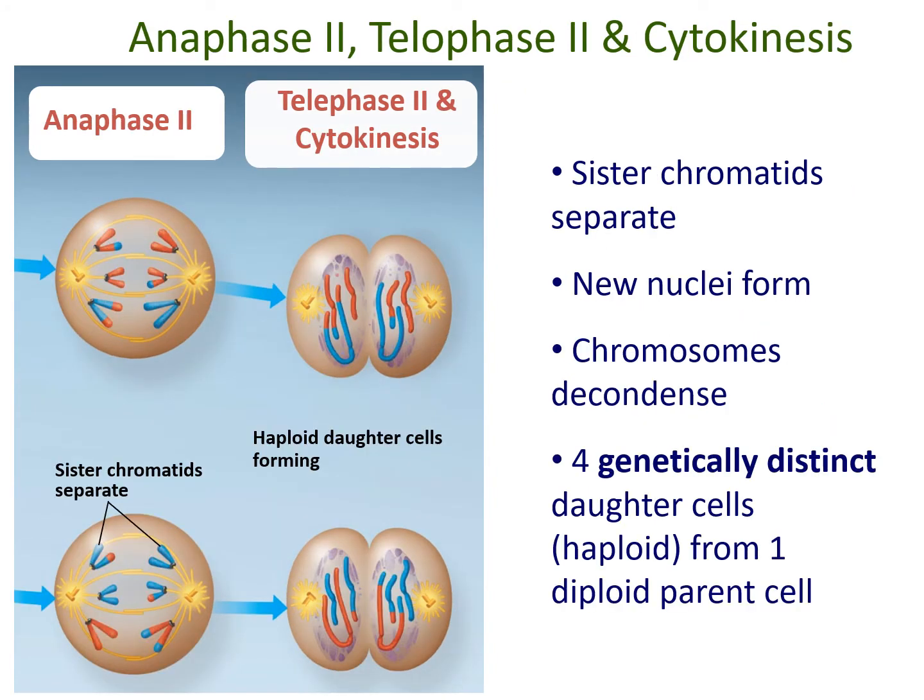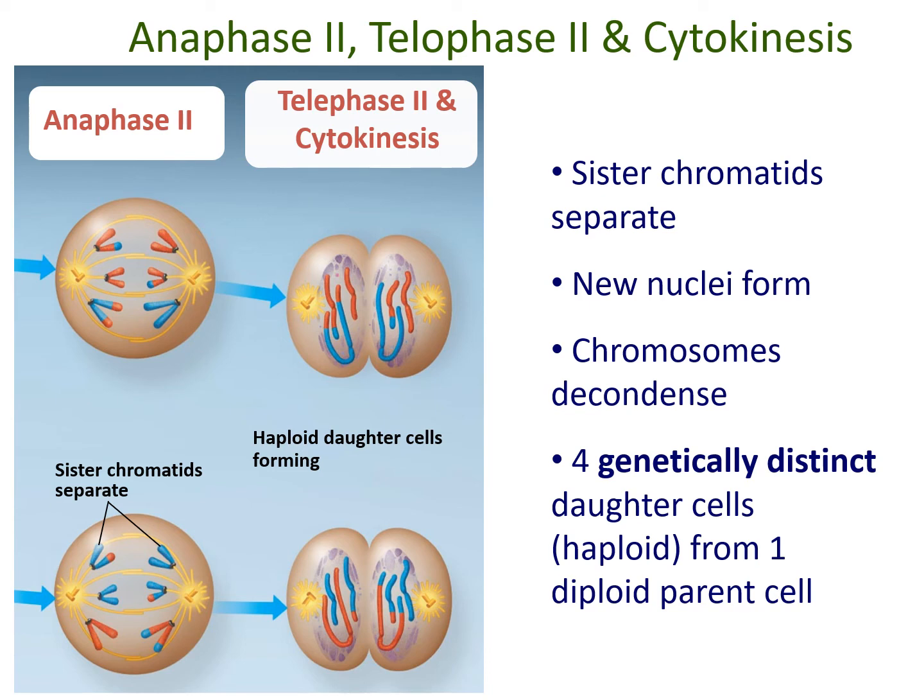Then we have anaphase, just like in mitosis, and telophase and cytokinesis, just like in mitosis. And we end up with 4 genetically distinct daughter cells. Now, it is important to note that this process doesn't generate new information. So if you're producing gametes, your gametes contain information that was found in the diploid cell that started the process,